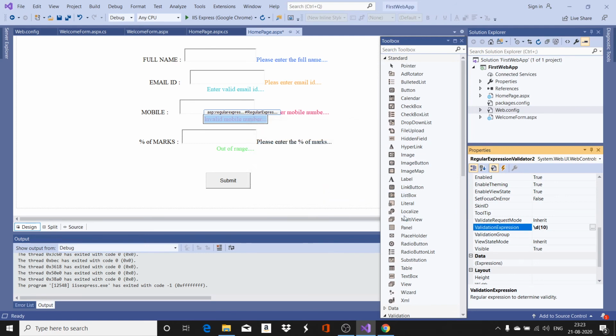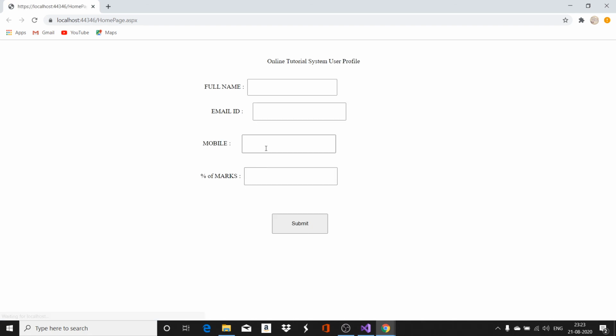Save your application, run it again. Yeah, now it doesn't come. I had given percentage, it is not percentage, it is \d. If you give this one, it will say it is invalid mobile number, but if you give 10 digits, it will not say it is invalid mobile number. So enter all the valid values, click submit button, it will take you to the next web page, right?